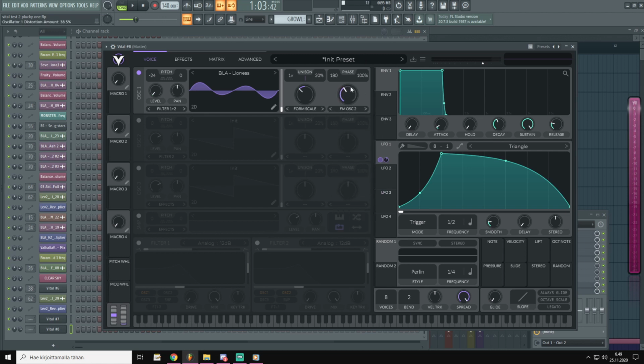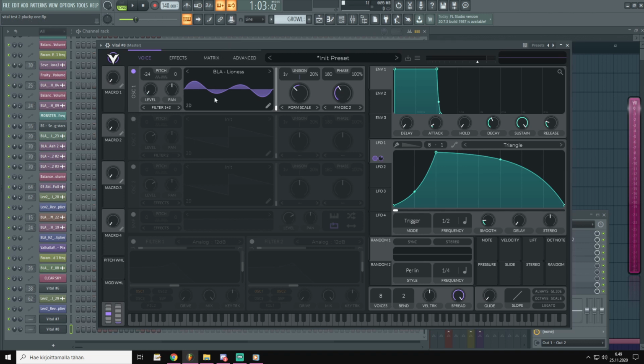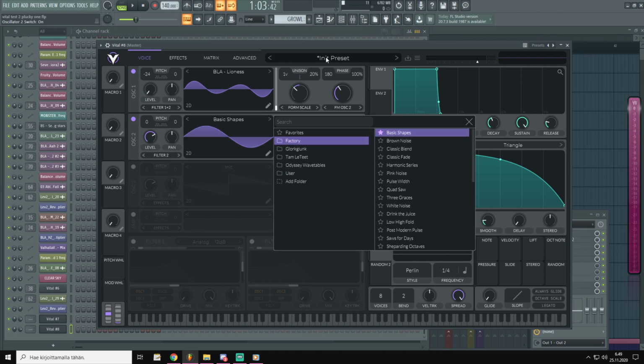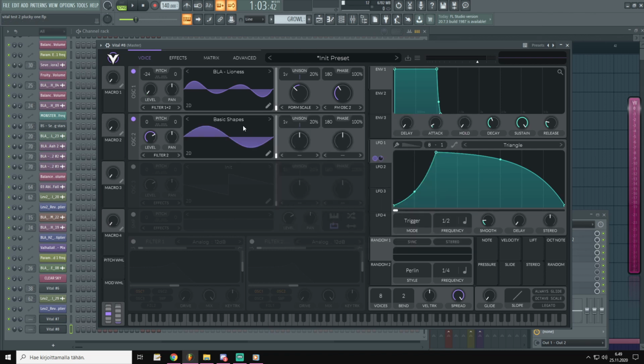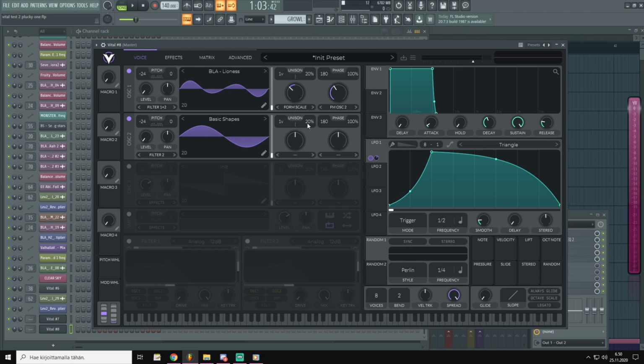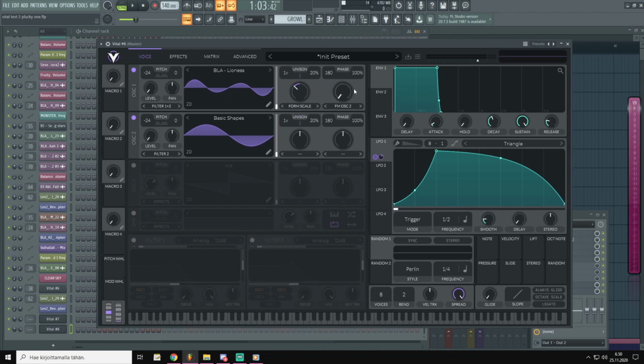This doesn't do anything yet. When we turn on the oscillator 2, this will alter the sound of oscillator 1. For oscillator 2, I'm going to go to basic shapes and choose simple sine wave. Let's pull this down 2 octaves like that, and then we pull level all the way down. This is just a modulator, we don't need sound from this oscillator. And now when we play the sound,